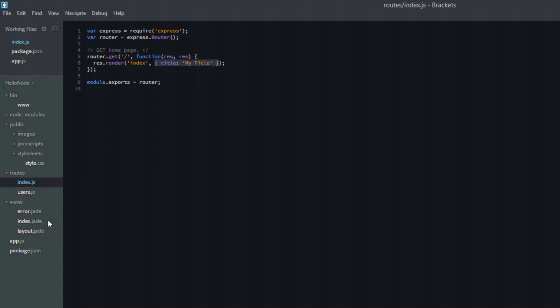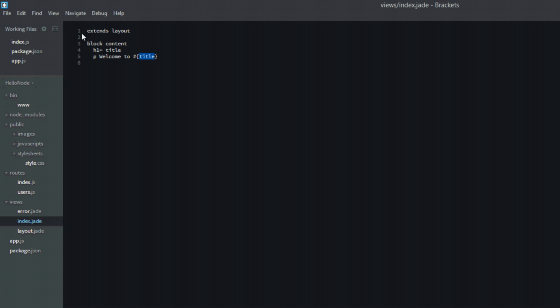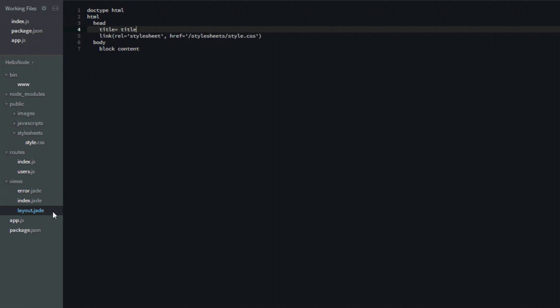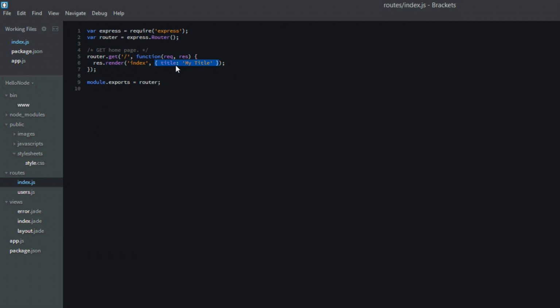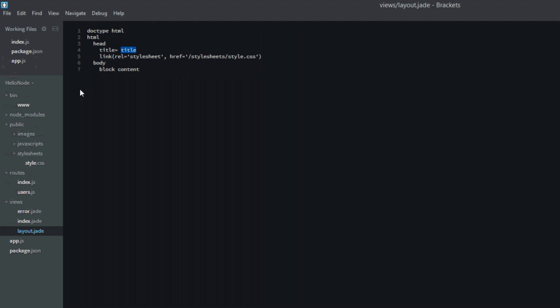Jade looks at index.jade, sees, oh, I need to extend a file called layout, looks at the layout.jade, starts rendering doc-type HTML, HTML head, looks at title equals title and says, ooh, what is title? I don't know what title is. Looks at this that you passed in, says, oh, okay, title is equal to my title,